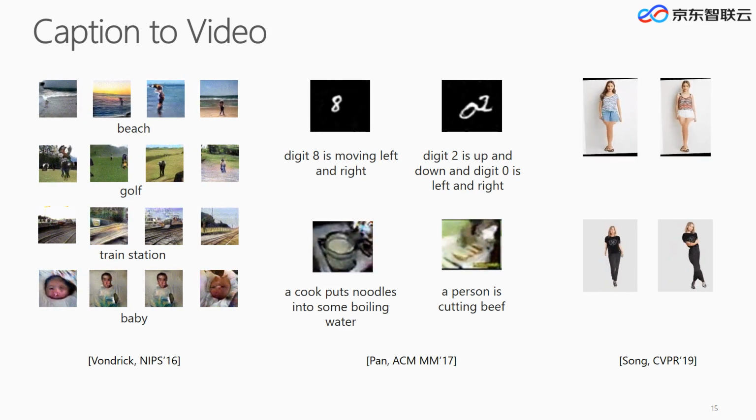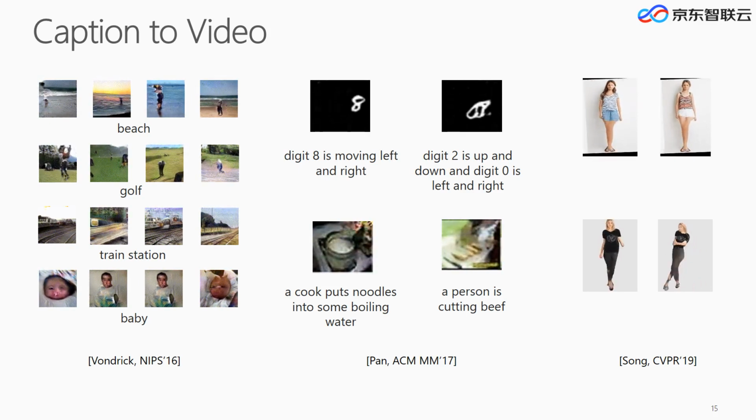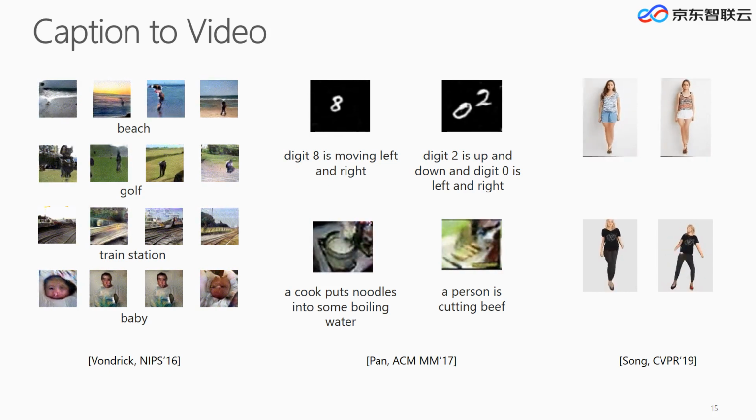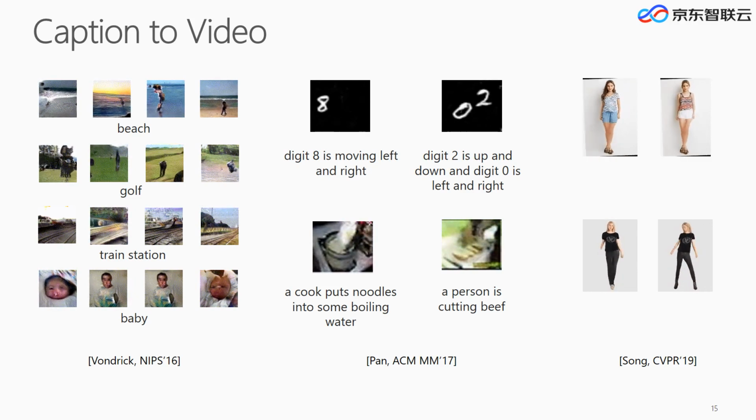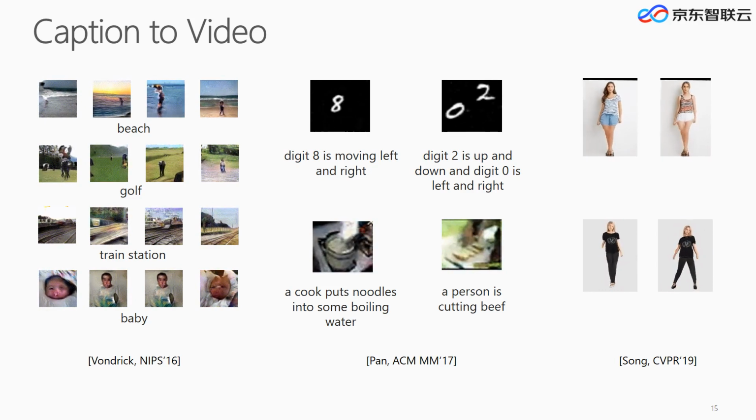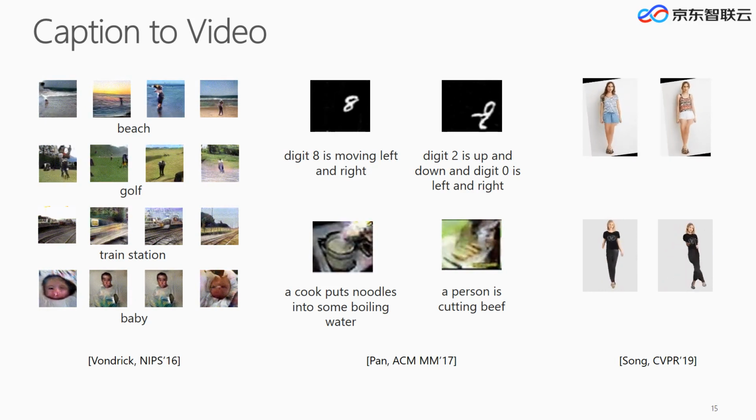and the generated video. With the technical development of the GAN, the resolutions of the generated video keep increasing from 128 times 128 to 512 times 512, and even more. The visual quality is also improved for practical applications such as virtual try-on. But still, generating a video from the language is still very challenging.